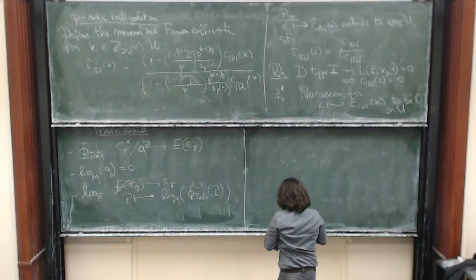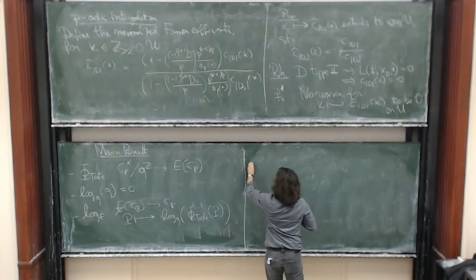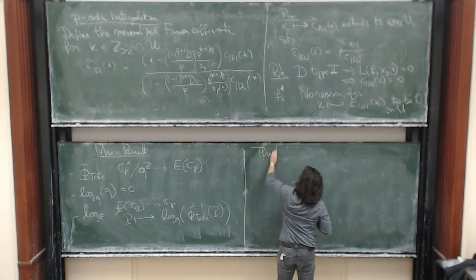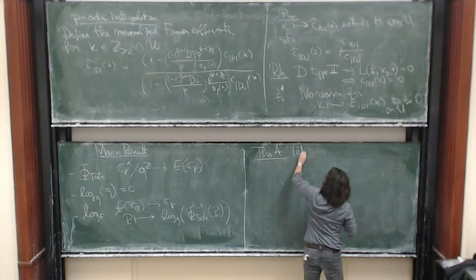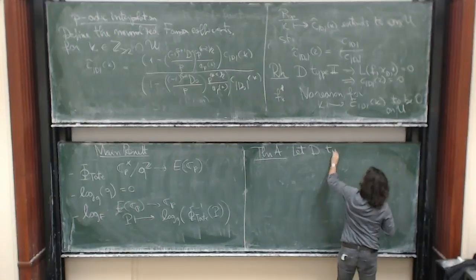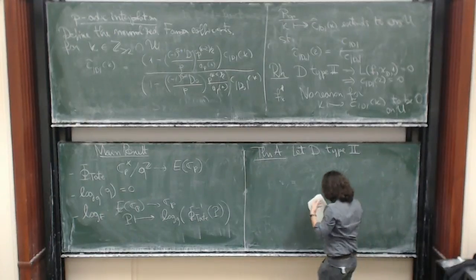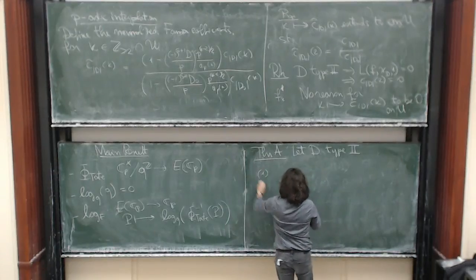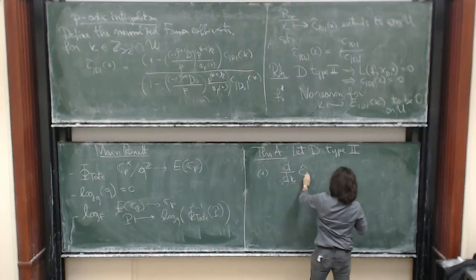Okay, so the first theorem I want to state — I don't know if I will also state theorem B — but let me state theorem A, which is the following. Let D be of type 2 with respect to our fixed S divisor of N. So the first relation is that the p-adic derivative of these coefficients